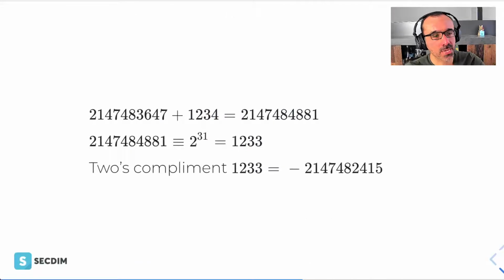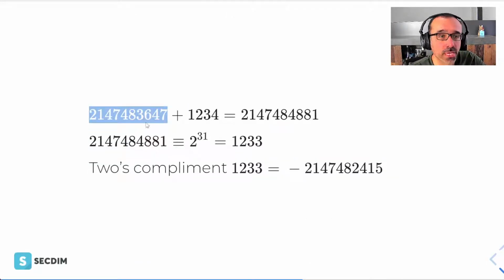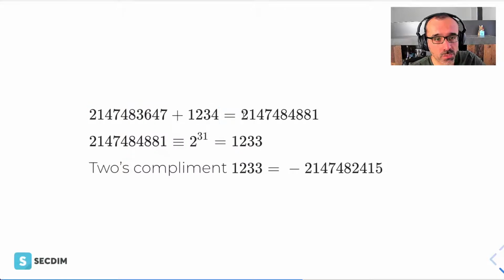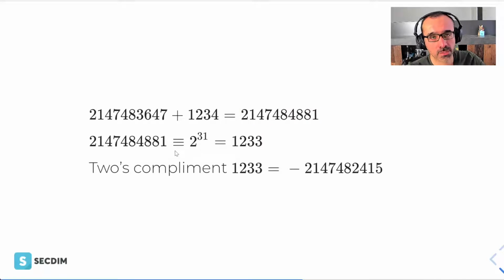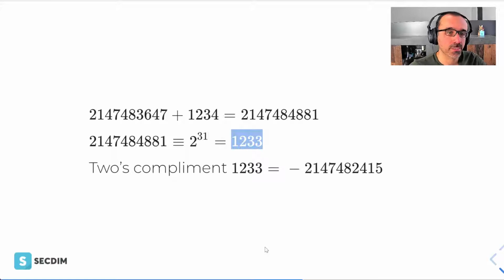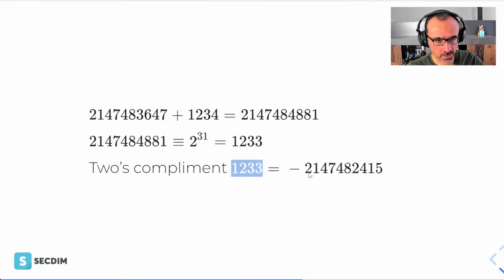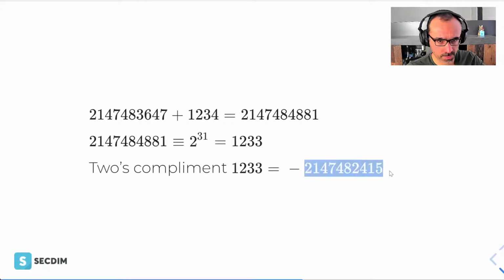Now, going back to the example, that fee plus that surcharge will give us this value, and this value is bigger than the range of a 32-bit system. So the modulus arithmetic kicks in, and it will end up getting this value. And this value, again, is a way for us to represent a minus this number.